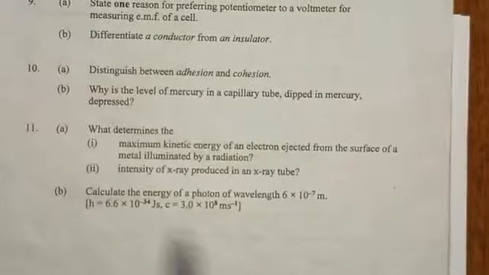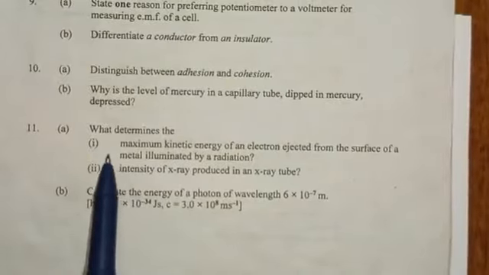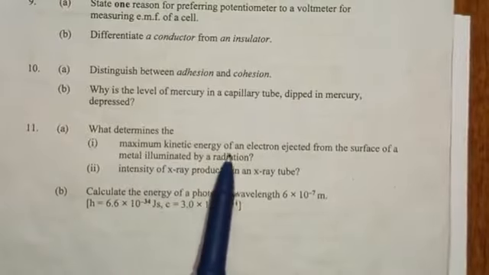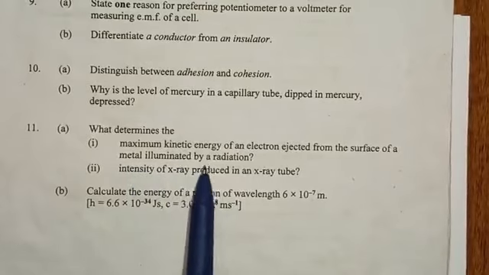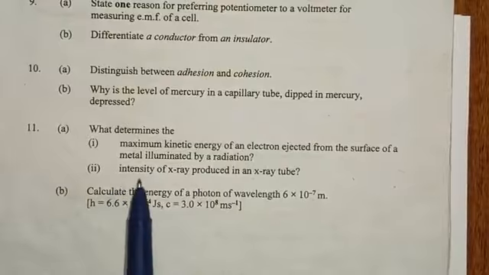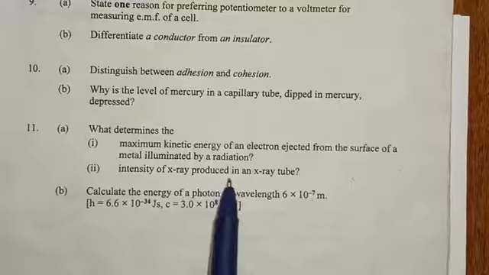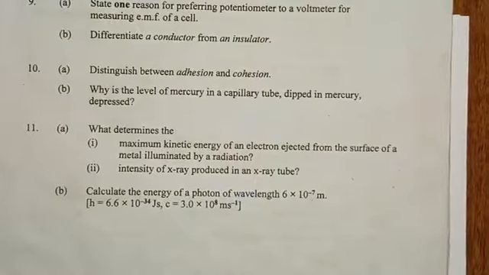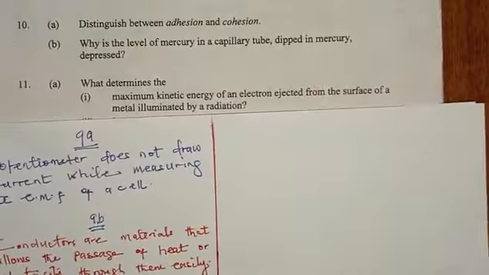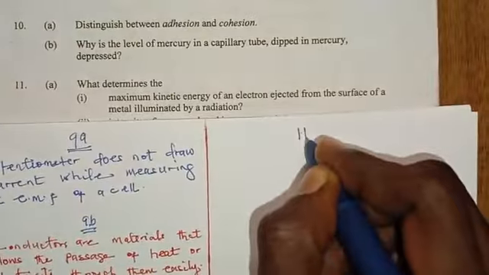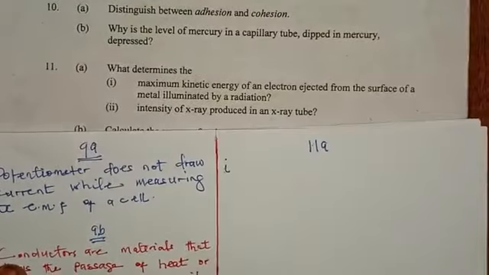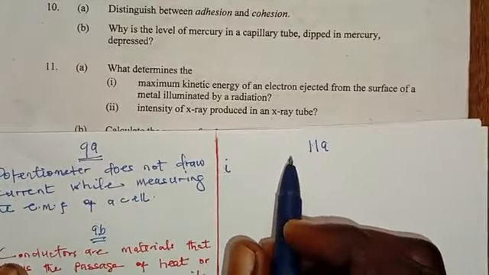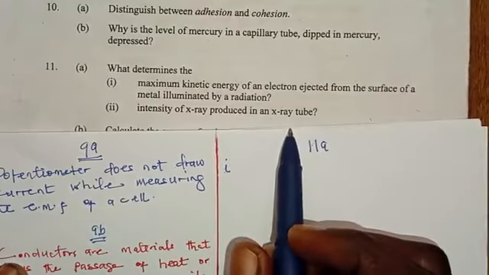Question 11 says, what determines, Roman figure 1, the maximum kinetic energy of an electron ejected from the surface of a metal illuminated by a radiation, and what determines the intensity of X-ray produced in an X-ray tube. So question 11a, Roman figure 1. The energy of the photon that is incident on the metal surface, right, which results